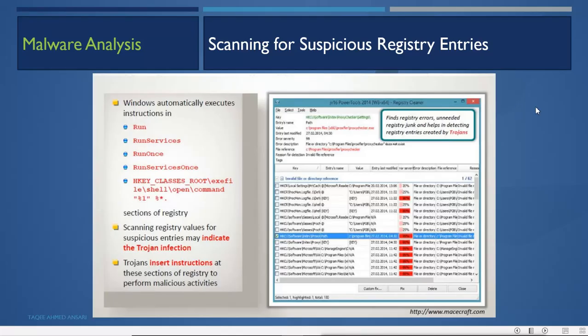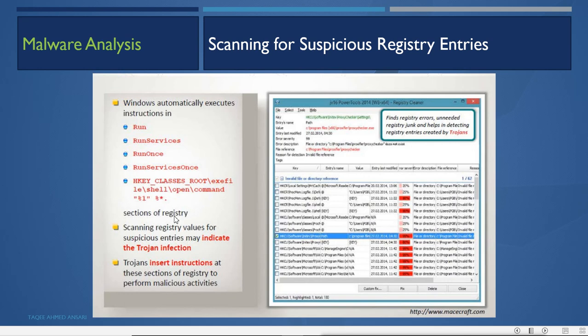Then we can scan for suspicious registry entries. We should check the registry entries, where the Trojan puts an entry to run the virus every time we start the system. Windows automatically executes the instructions in the Run, RunServices, RunOnce, RunServicesOnce keys, and under HKEY_CLASSES_ROOT\exefile\shell\open\command.